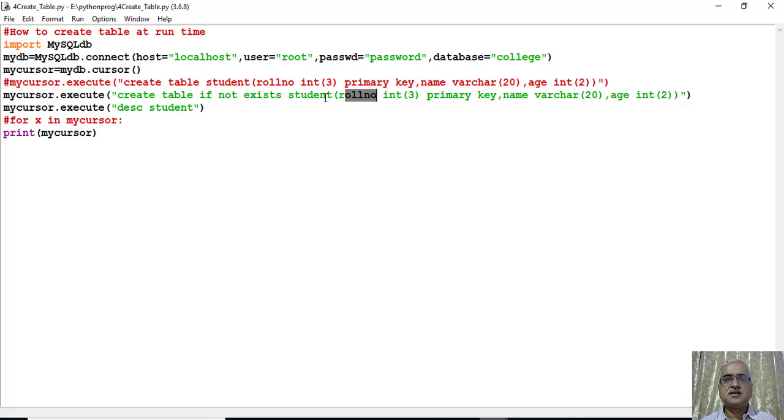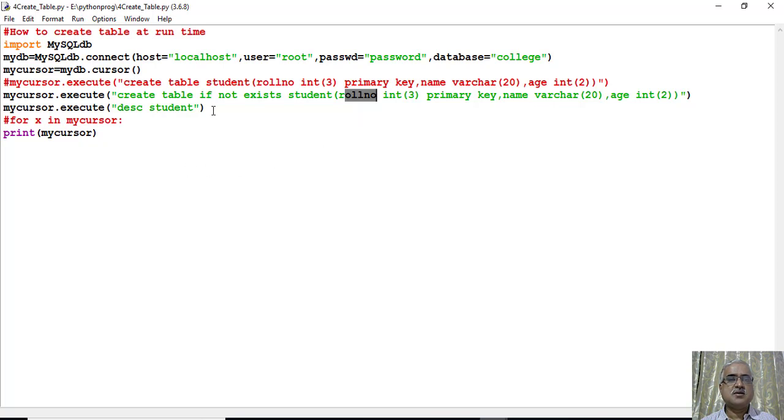This SQL statement is passed as an argument to the execute statement, and when it is run, it will create a table in the database called college.